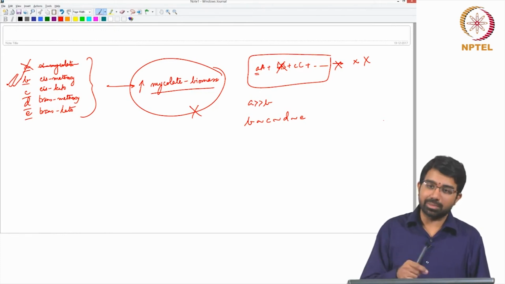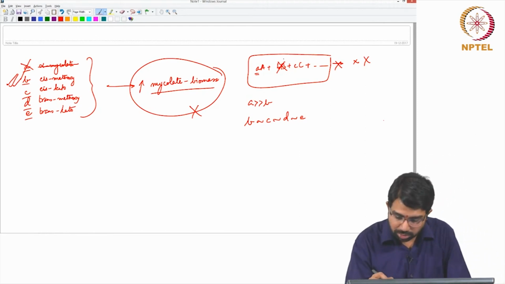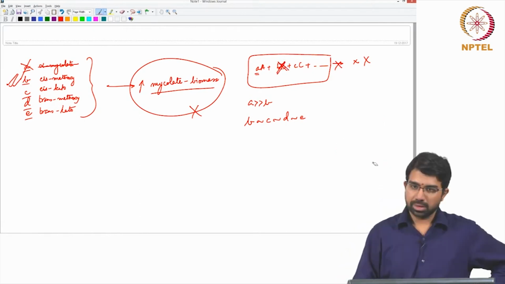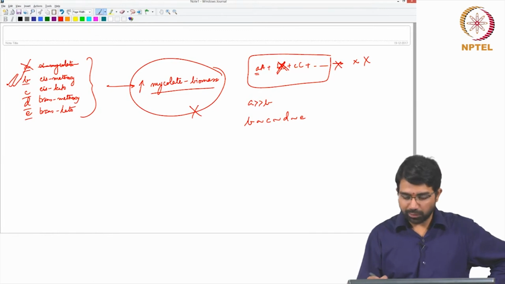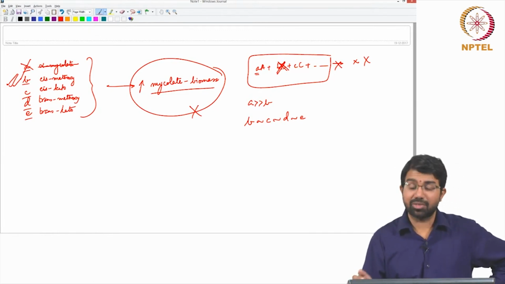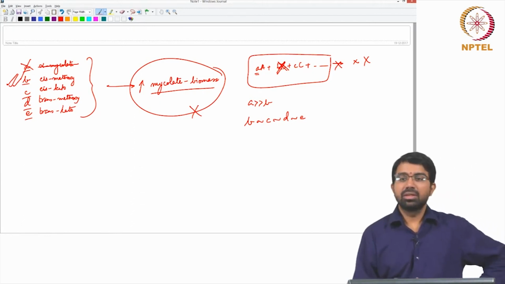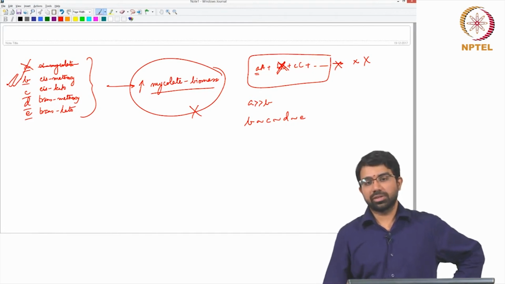So, it will be limited by the one that is at the lowest rate, but if there is no B at all, this reaction can't even happen, right. So if you know that this reaction can happen, or the cell can survive, or it can produce biomass, in the absence of these,